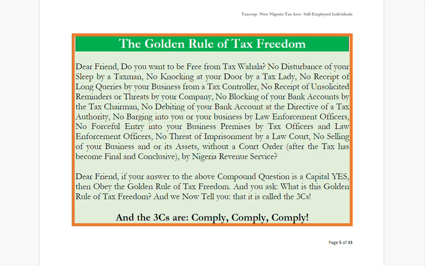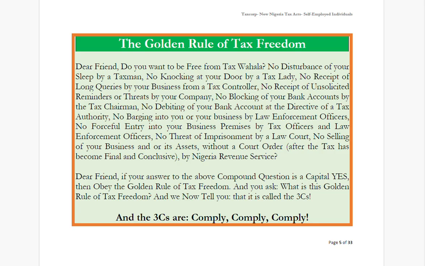no debiting of your bank account at the directive of a tax authority, no barging into you or your business by law enforcement officers, no forceful entry into your business premises by tax officers and law enforcement officers, no threat of imprisonment by a law court, no selling of your business and or its assets without a court order after the tax has become final and conclusive by the Nigerian Revenue Service. Dear friend, if your answer to the above compound question is a capital yes, then obey the golden rule